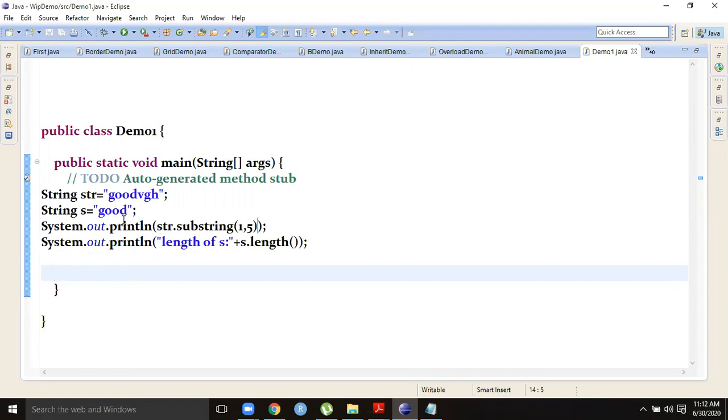Before 5, you see, this is 1, 2, 3, 4. Up to this only it will be covered. 1 is included, 5 is excluded.